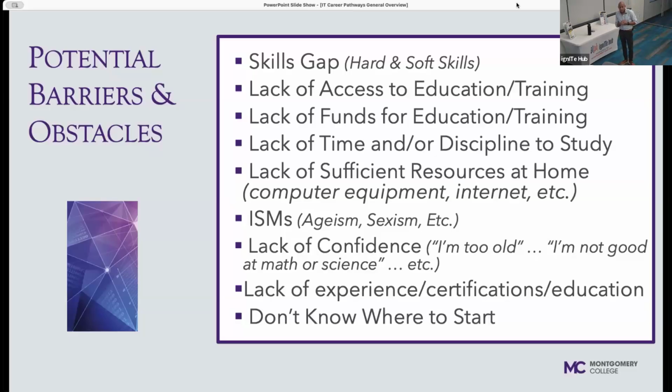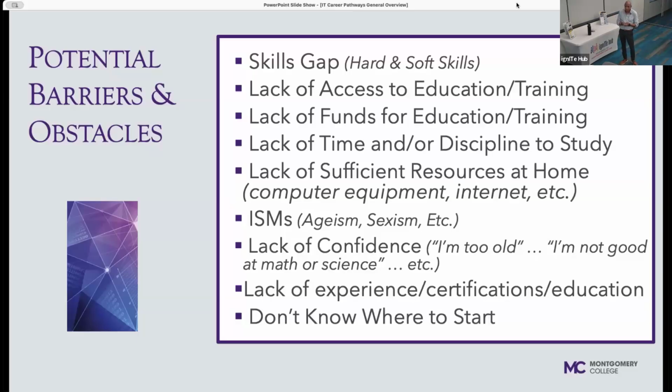The other piece could be the lack of confidence. Again, because this could be a little overwhelming. It could be a little, honestly, prideful when you are trying to get into the field because there are so many different terms, things that you may not even know. It's like talking a different language. So your thought may be, am I too old? I'm not good at math or science. I don't understand what this word means. I don't want to sound like I'm a complete person that has no knowledge, which is exactly the next one,